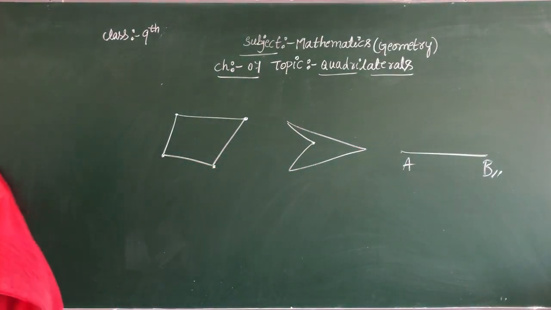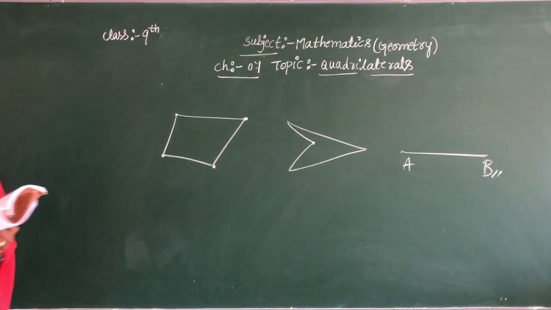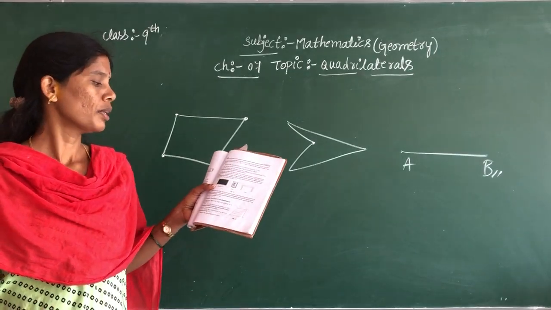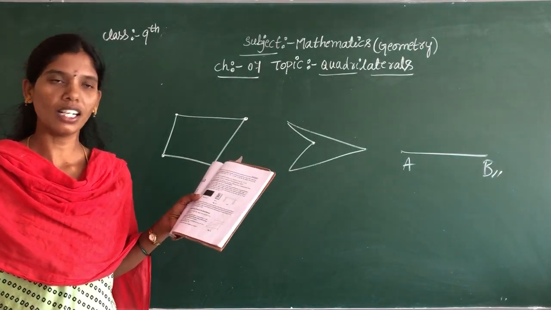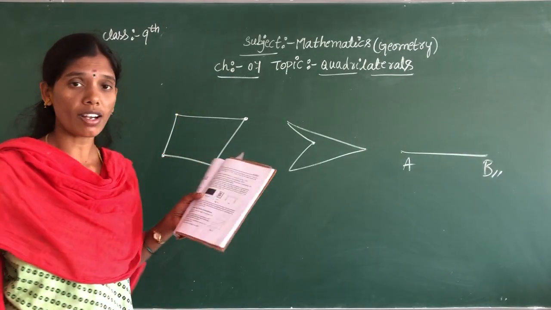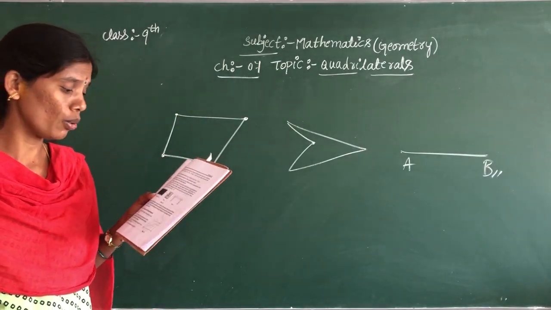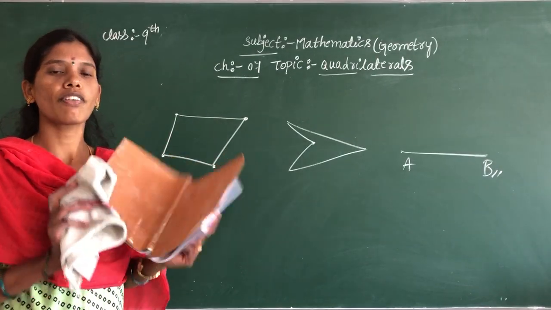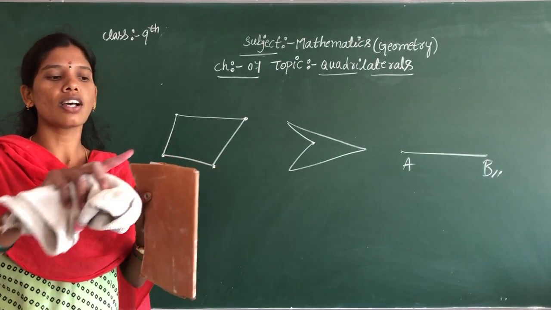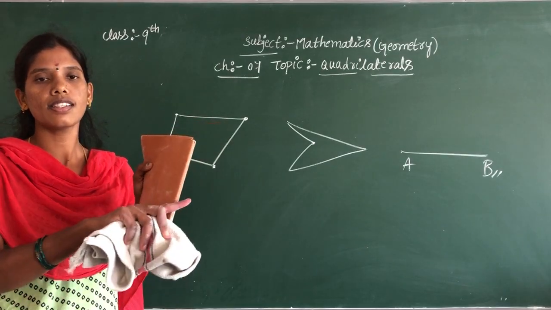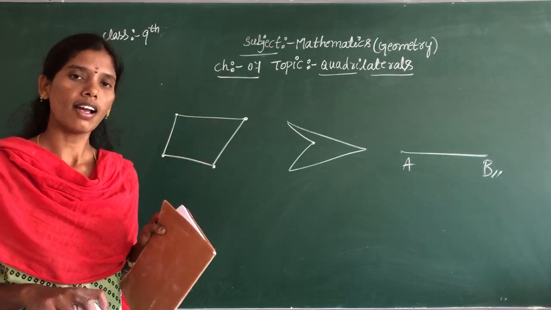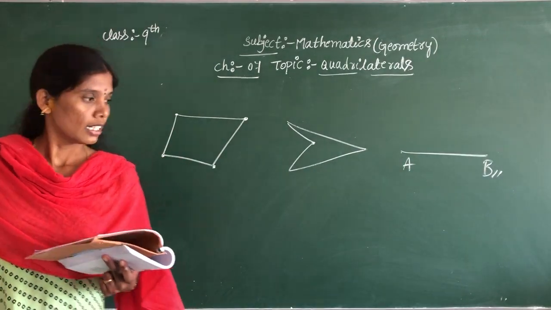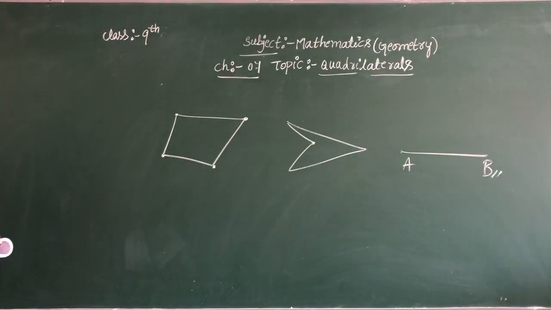Children, now next we shall move to some examples. You see children, the blackboard is one of the quadrilaterals, where opposite sides are equal. The book is one of the quadrilaterals. You see the book, this is one side, this and this. So opposite sides are equal. So the book is one of the quadrilaterals, and the table, this desk, is one of the quadrilaterals.